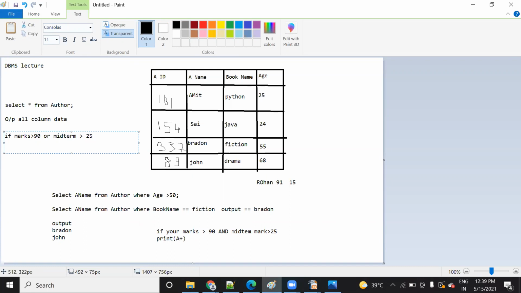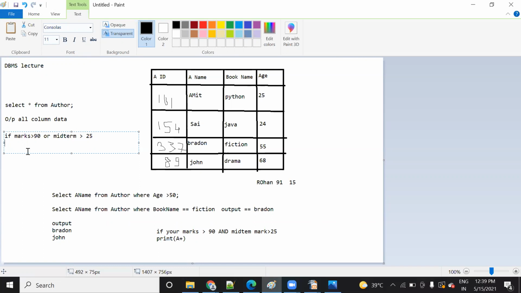So it's a choice. Not a choice, means any of these conditions is true. If any of these conditions is satisfied, then it will be executed. Now suppose I say either this condition or this condition, if any of these conditions is true, or both conditions are true, then it's fine. If any of the conditions is satisfied, then you will execute it.